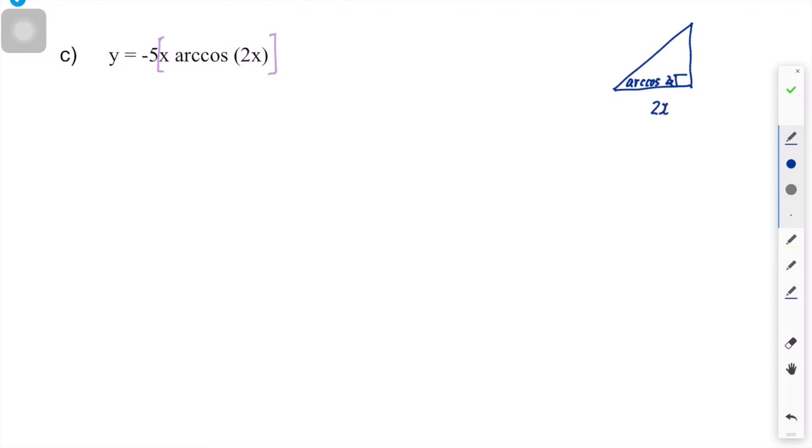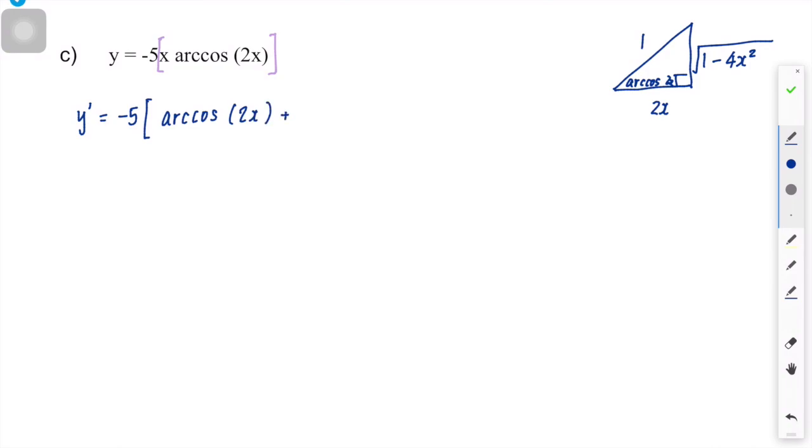Meaning adjacent side is 2x, hypotenuse is 1, and the opposite side is the square root of 1 minus 4x squared. Okay, so y prime is -5 times the derivative of x, which is 1, times arccos 2x stays the same,